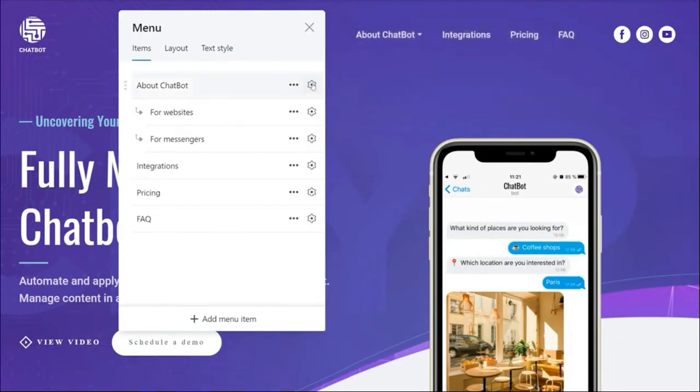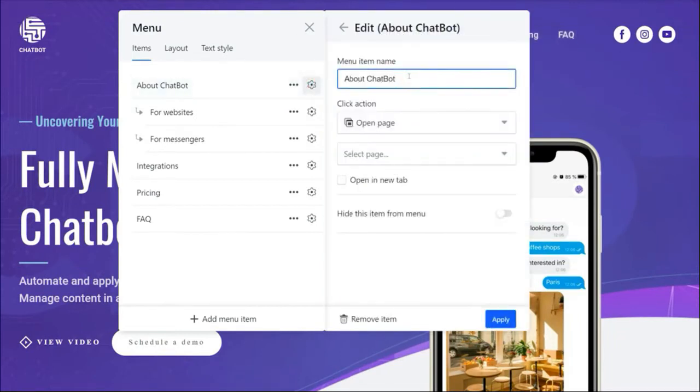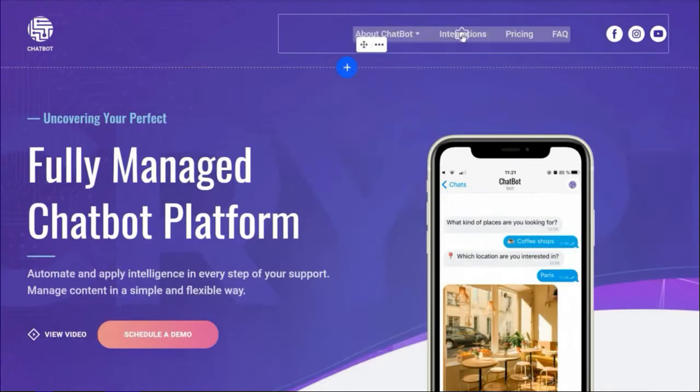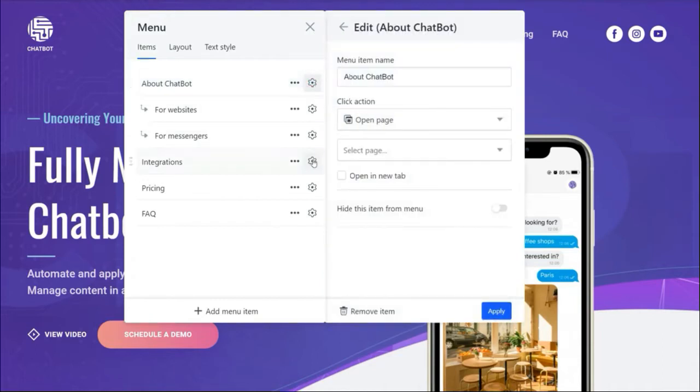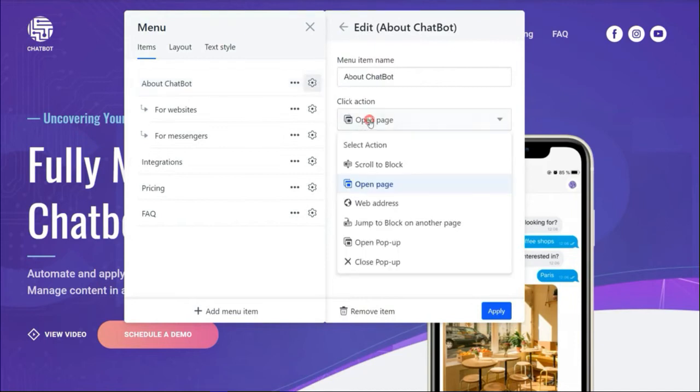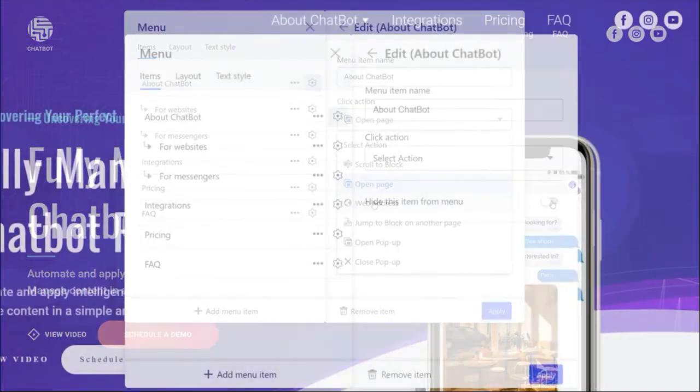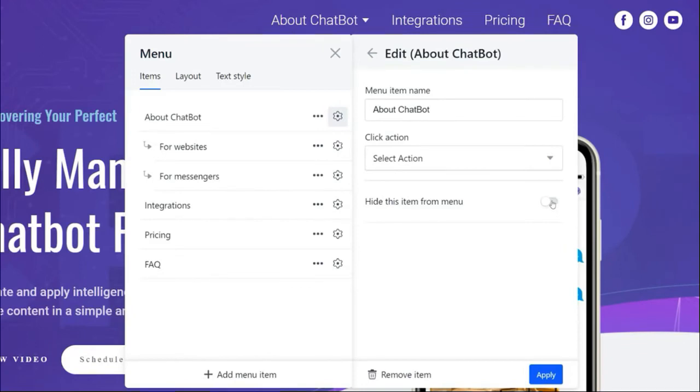Click on the menu settings, open each item's individual settings, and enter the new name. Now, these items don't yet lead anywhere, so let's give them a click action. For that, enter the settings of each item and choose a link for it. This could be a block on your website, a page, or an external resource. In case an item isn't relevant anymore, but you'd like to keep it for future use, click to hide it